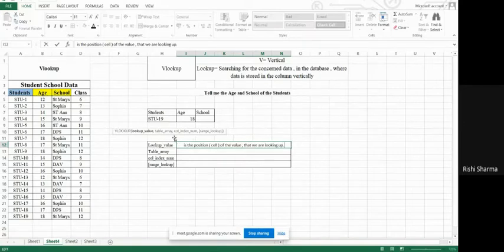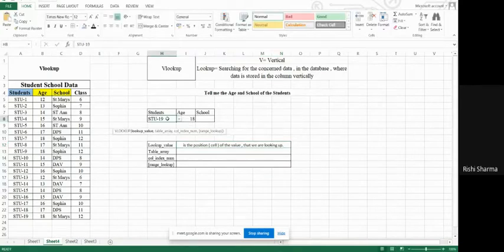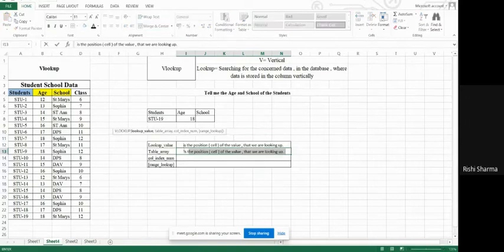What is the question that we have to decide and where is this question placed? This question is placed over here. So we have to find the position of this particular thing, and that is called the lookup value. Now, second is table array. Table array, if I say, is the complete index area of the table or database.